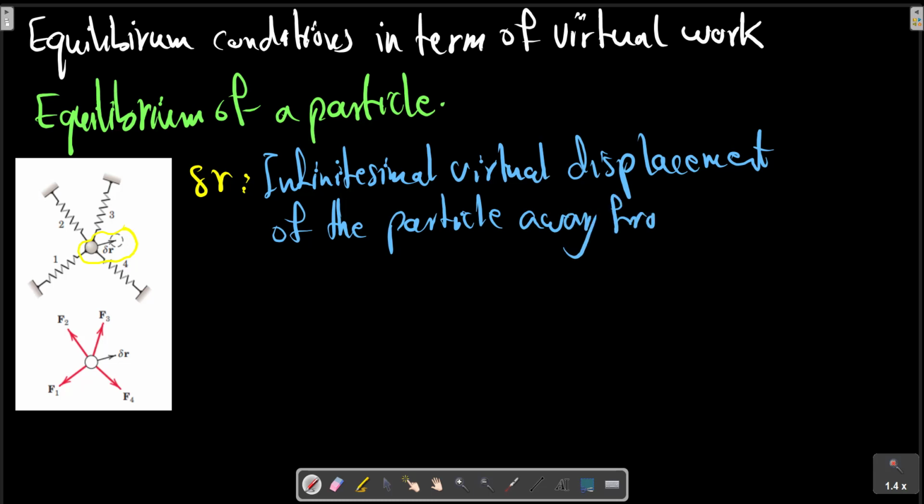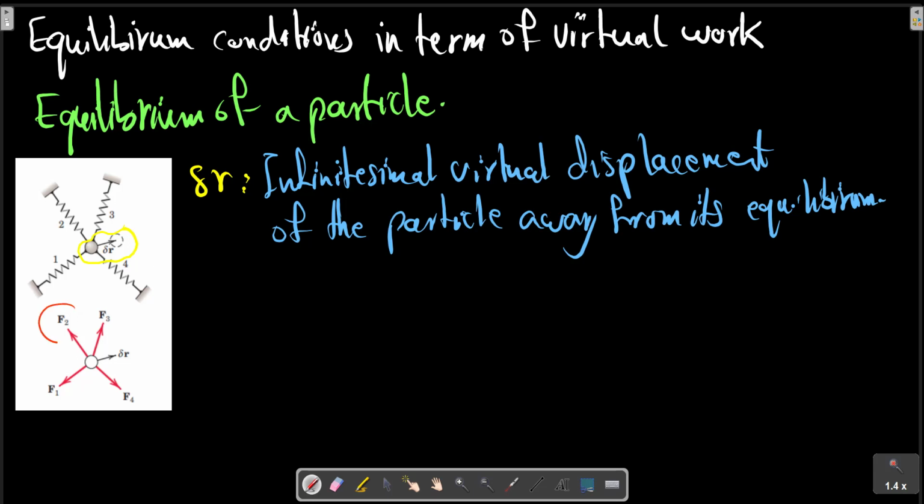The total virtual work done on the particle is,